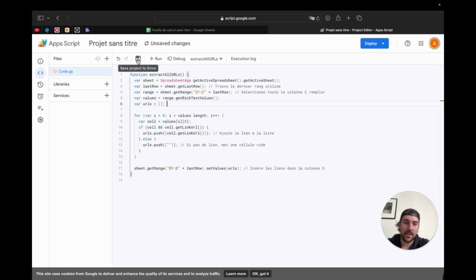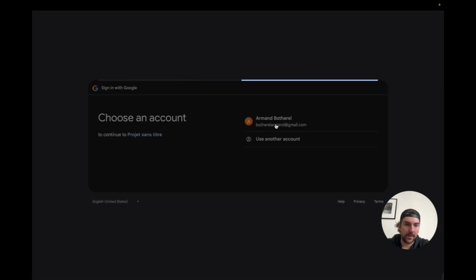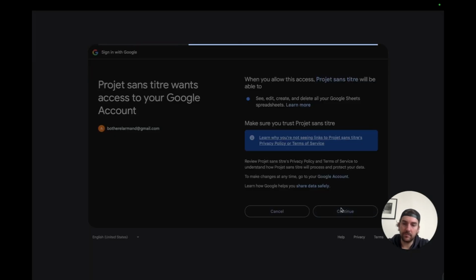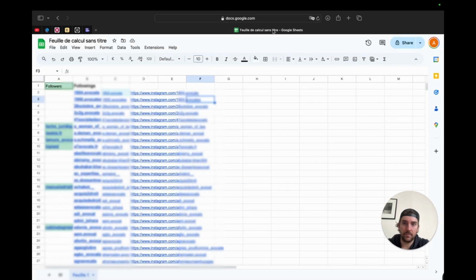We're going to click on save, run, and we're going to click on review permissions, advanced, go to untitled project, continue, and that's it. Once that's done, you can close this window and it's going to show the URL which are in each of the cells.